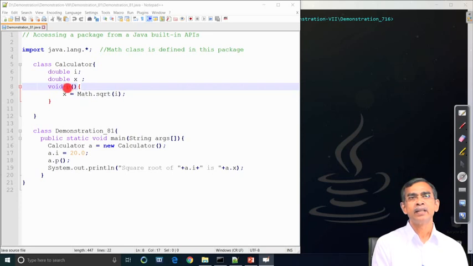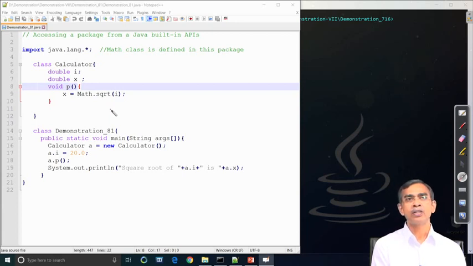The method p basically uses Math.sqrt. Square root is a method which is defined in the Math class. One thing you can also note is that for the Math class we do not have to create any object, because Math is a static class which is declared in this lang package. As you know, if a class or a method is declared as static, no object needs to be created. Basically there is a class method and a class variable, and we have discussed instance variables. Similarly, there are class methods and instance methods. So, here sqrt in fact is a class method, so for a class method we need not create any object.